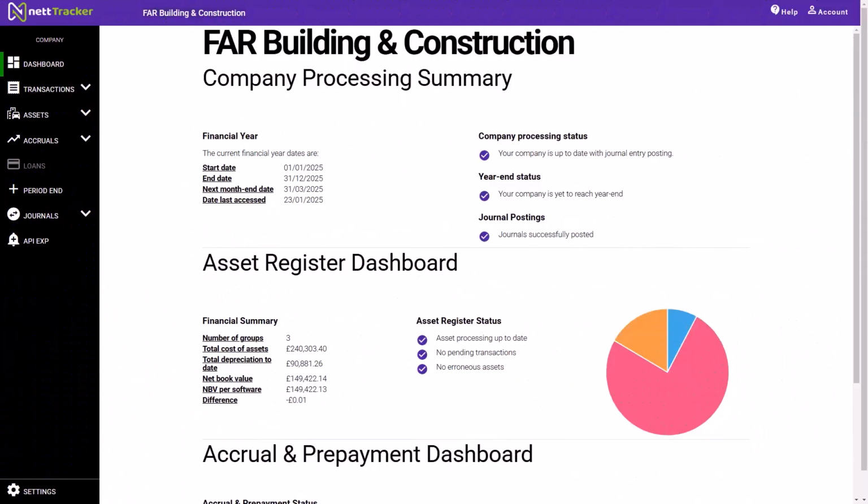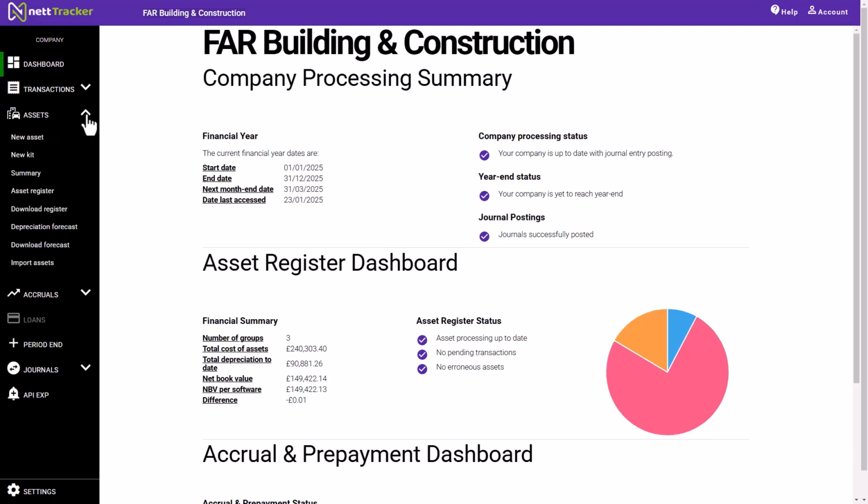In some instances, you might need to create a new asset in nettTracker manually. It could be that you're not actually connected to your accounting software, or perhaps you've deleted an asset in error and you need to add it back, or maybe you need to create an adjustment related to asset purchased in a previous financial year. To do this, from our menus on the left, we select the Asset section and then